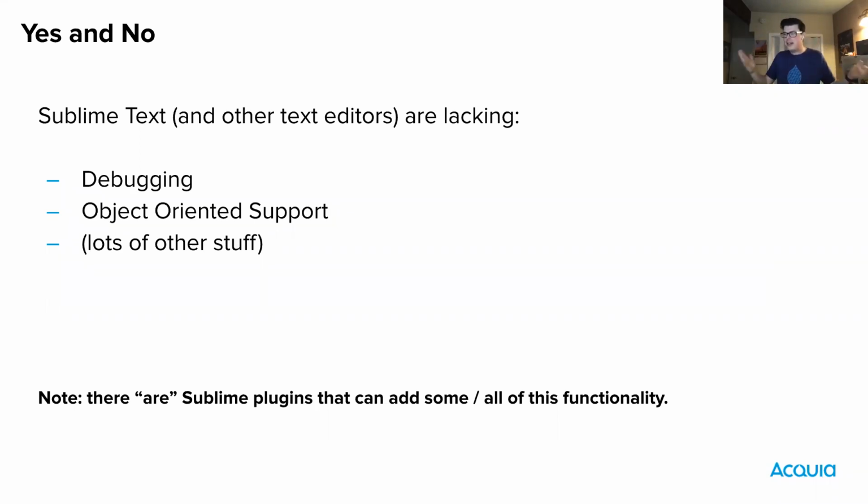We're going to look at an example of what that looks like here shortly. And I'm not going to try to mislead you. I have had people tell me, and I know from experience, that Sublime out of the box doesn't do Drupal autocomplete. You can download a package or a plugin for Sublime to make it do Drupal autocomplete. There are things you can do to a text editor to make it more IDE-like. You may even be able to bolt on so many additional things to Sublime Text to make it just like an IDE.